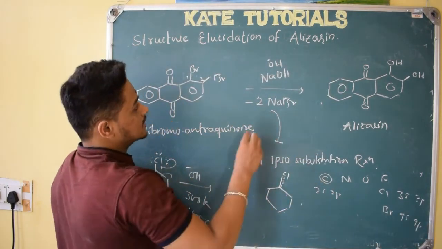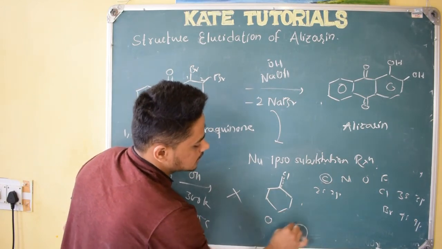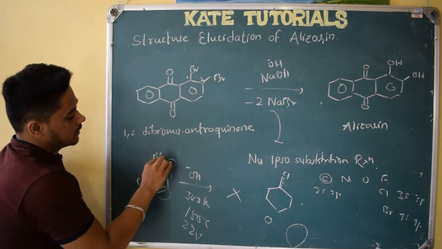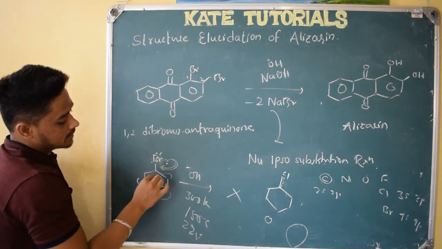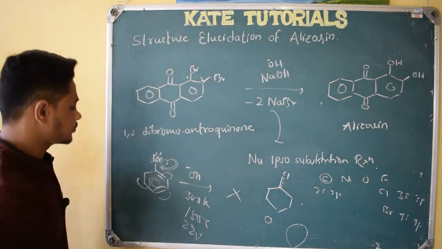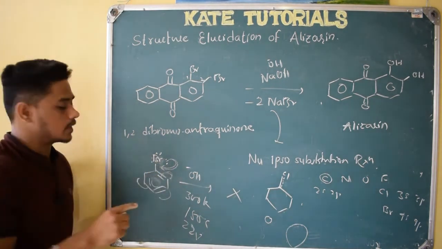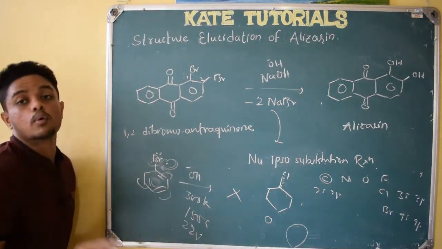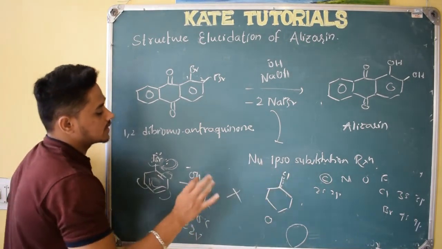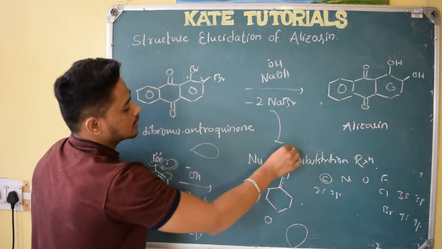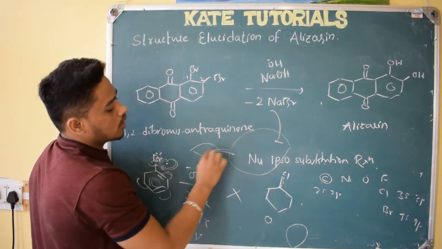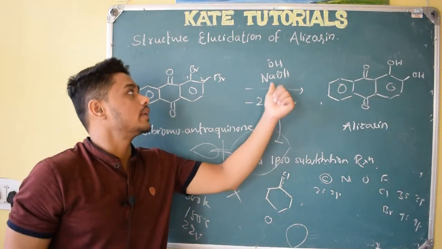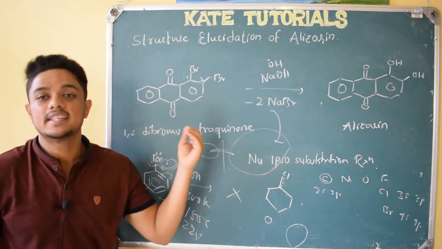So if carbon's size is this much, bromine's size is this much, so the overlapping of the orbitals will not be good. Because of which, if I have bromine here, the overlapping of its lone pairs with the pi bond will not be effective, so it doesn't have a good double bond here; a single bond will be there. So when I use this OH minus, this bond can be easily broken, right? I hope you understood. Because of the size, the chlorine orbitals are like this and the bromine orbitals are like this, so overlapping will not be effective. So with weak overlapping, we can do this nucleophilic ipso substitution for bromine very easily compared to chlorine.